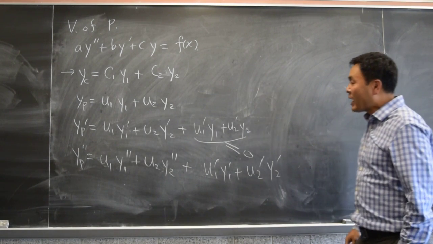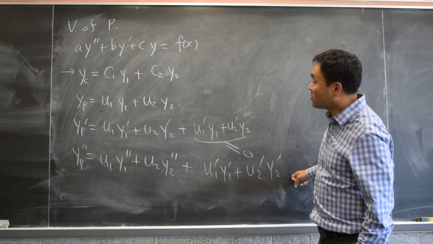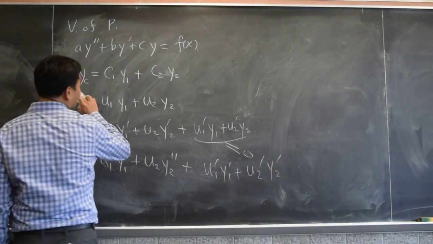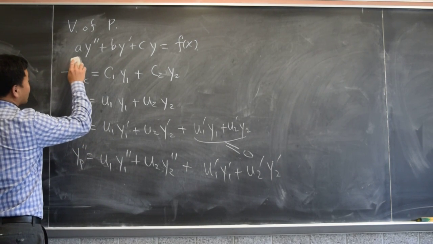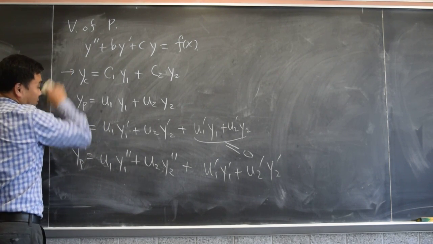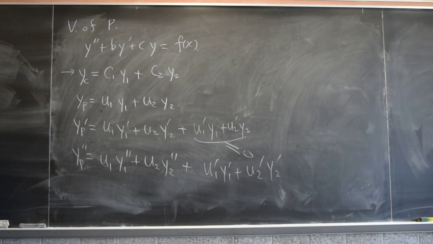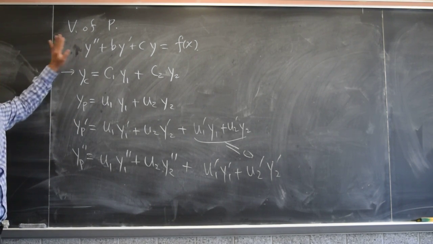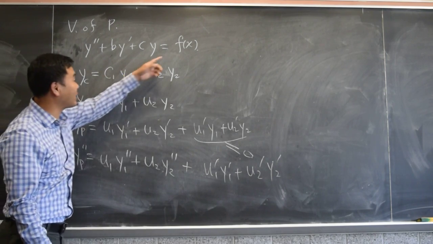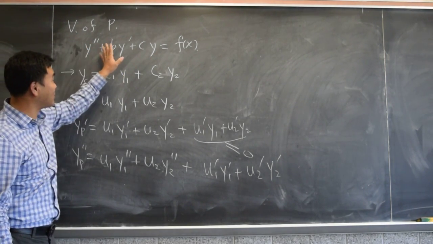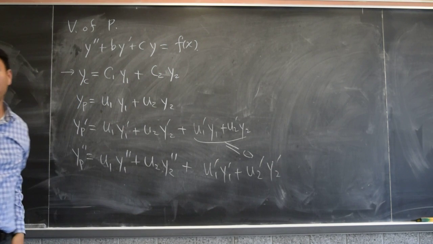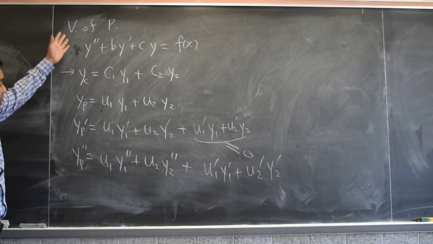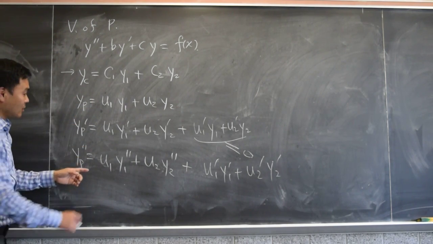Now, what happens afterwards? Oh, sorry, there's something that I kind of messed up here. This should be 1. A should be 1. If it's not 1, then you have to divide so that it's y double prime plus something equals the other one. All right. So in this format, if you plug everything to the left side, what happens is that